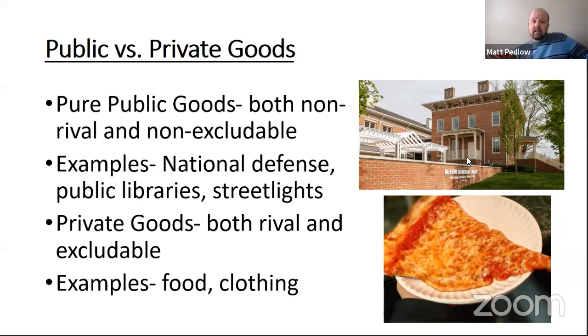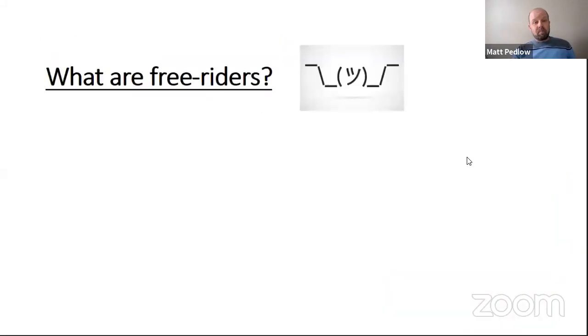Now, we're not done there. Don't think, well, that was quick, because there's a problem, and it goes back to exactly what I was just saying with the street light. Those people, we have a problem. They're called free riders, right? If you've never heard the term, or maybe your friends have called you a free rider, that's probably not